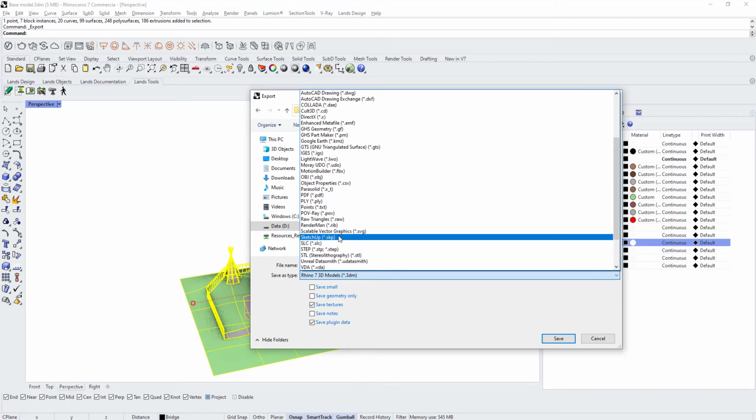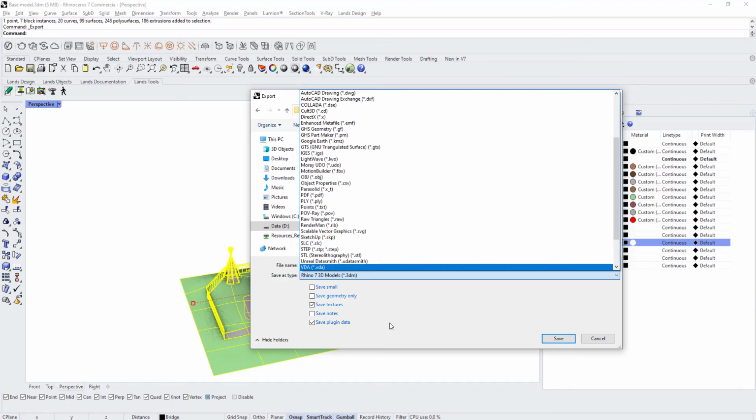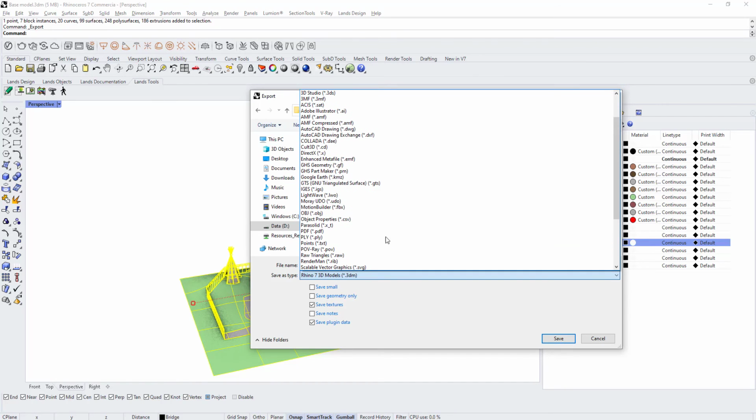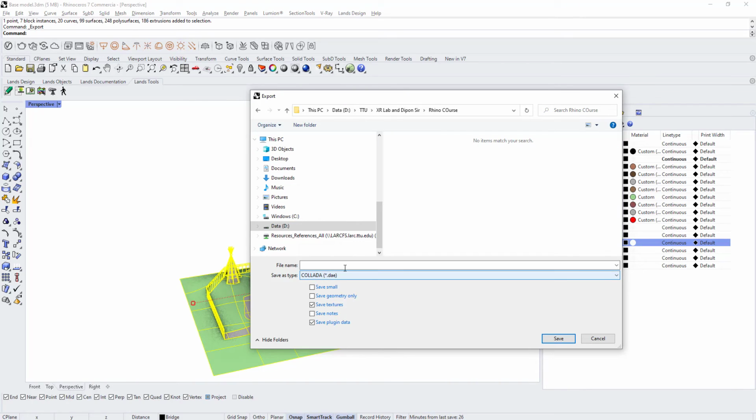And if you export it to SketchUp, you have some editability in SketchUp as well, so it's up to you, whatever you want. I will export this as a Collada file like that, and I'll name it CDRC Lumion export. Alright,